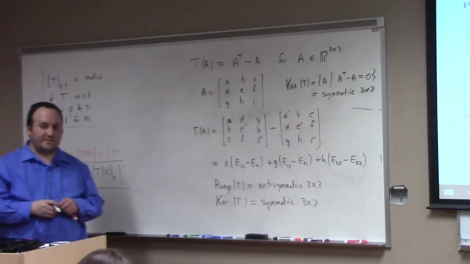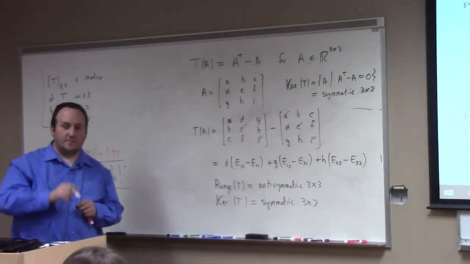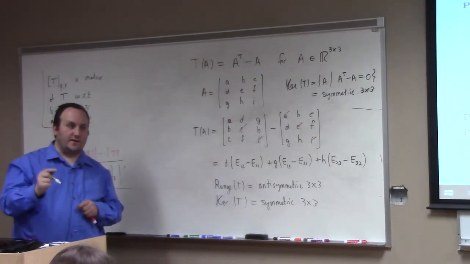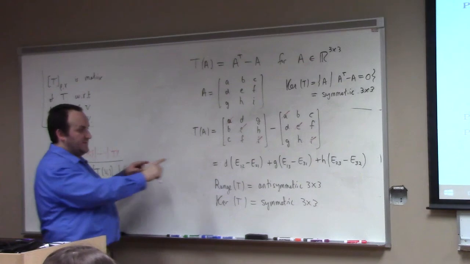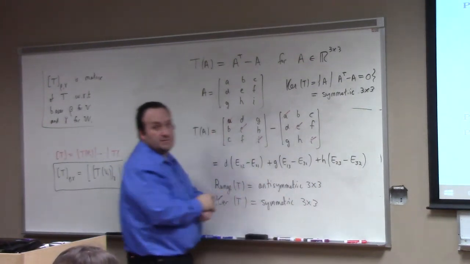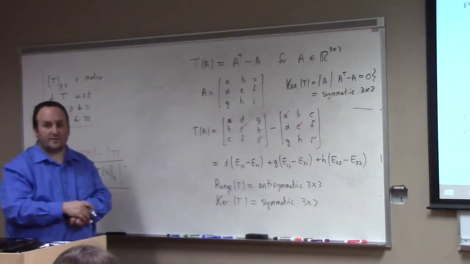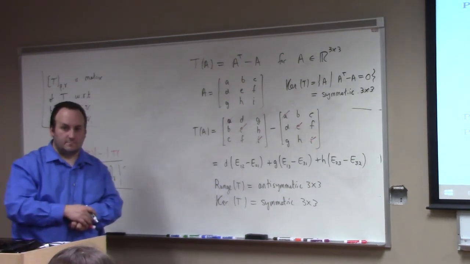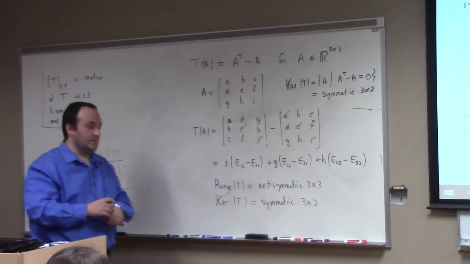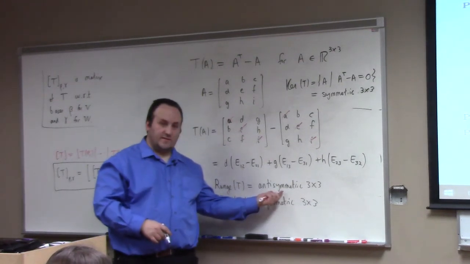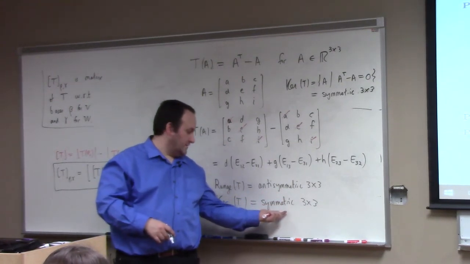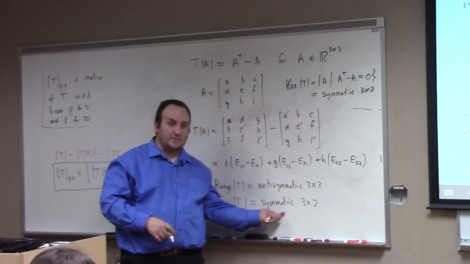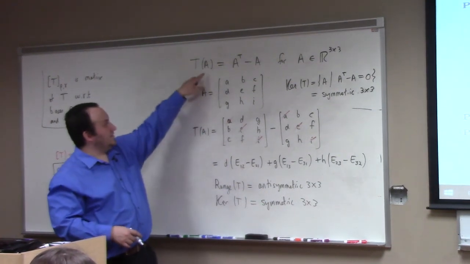Which I could write as the span of E11, E22, E33, and then rather than differences, the sums of these guys. That would be a basis for the symmetric 3×3 matrices, which is 6-dimensional here. It's not an accident that the range is 3-dimensional and the kernel is 6-dimensional here, because the domain is 3×3